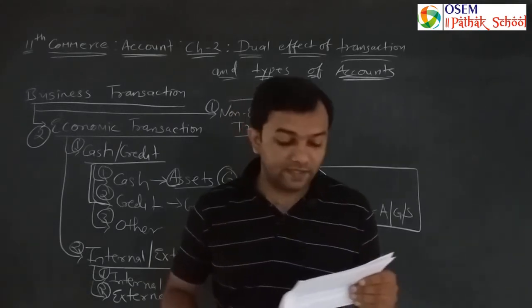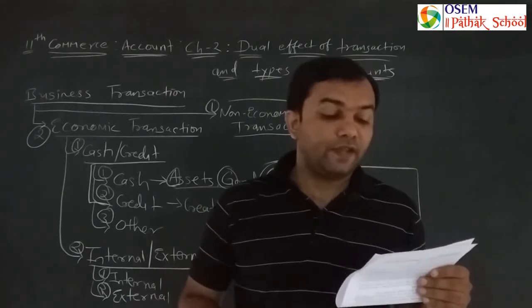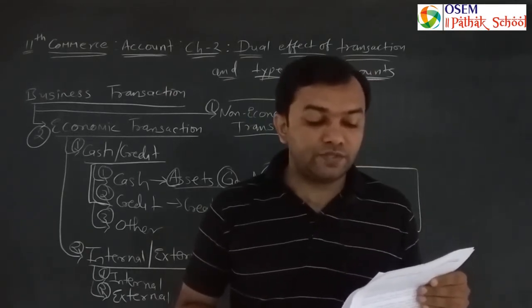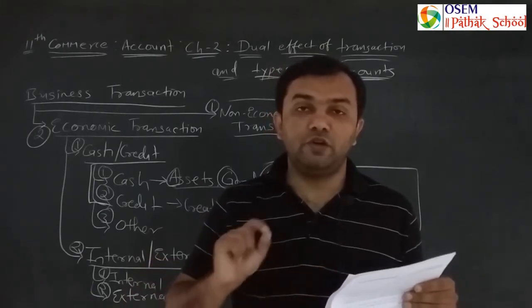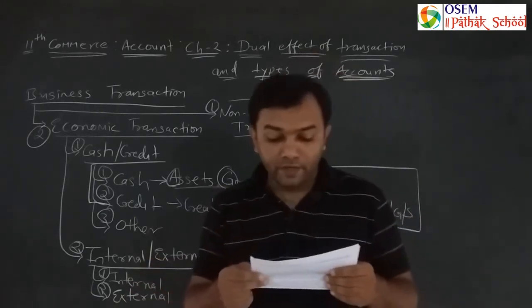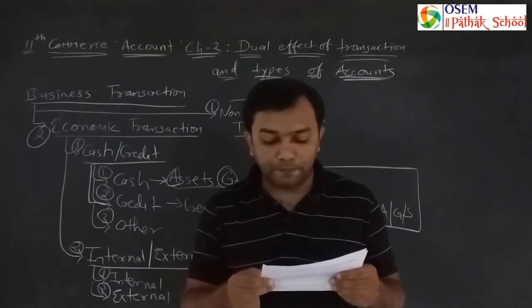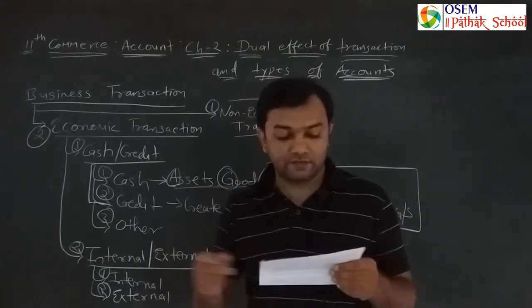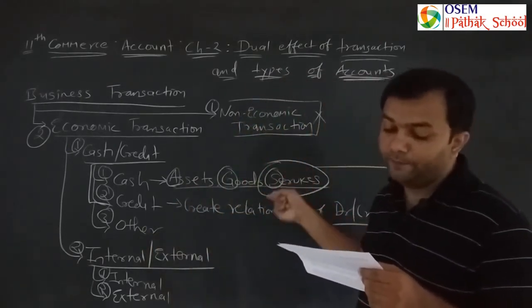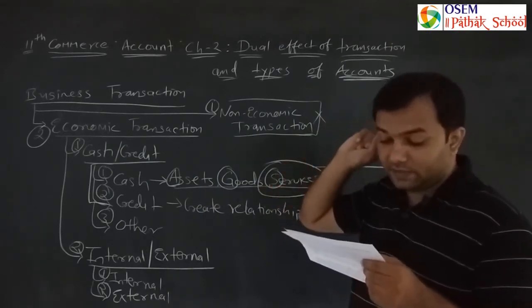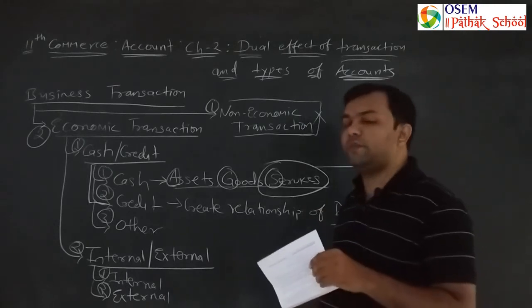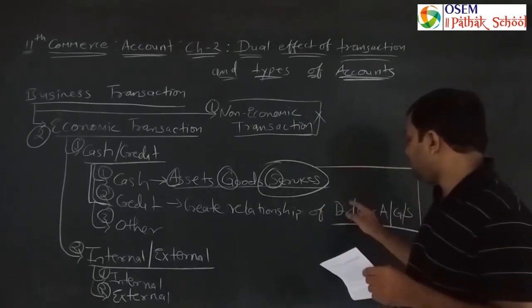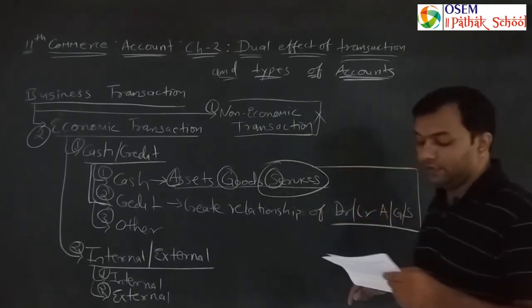I am repeating myself. You need to read it twice. Any amount which is outstanding. I have told you what it means by outstanding: not paid or not received means outstanding. Any amount which is outstanding to pay for asset, goods or services, all the three items I mentioned on the board, acquired in past is known as payable. So this is the definition of payable. So that is the category of creditor.